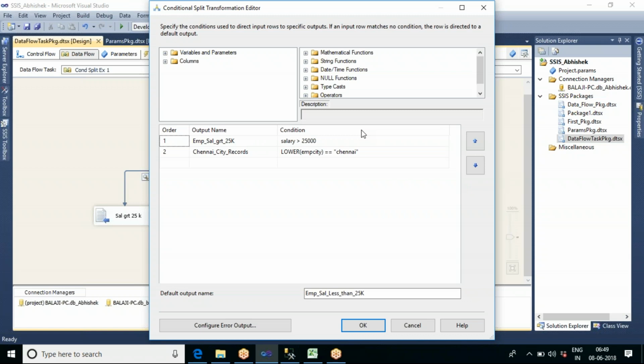There are two options. One is I can put this as the first condition so that this condition will be applied on the total 18 records. Now let us see. Can we change the order of conditions? Yes, we can change it. Just select that one and put it first.